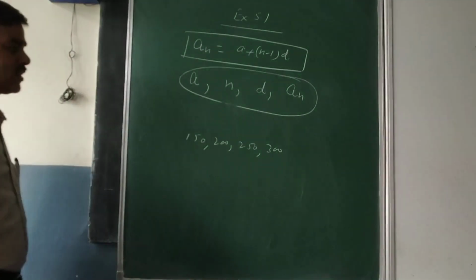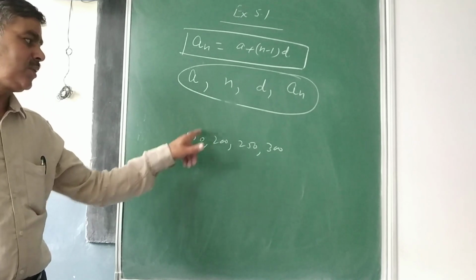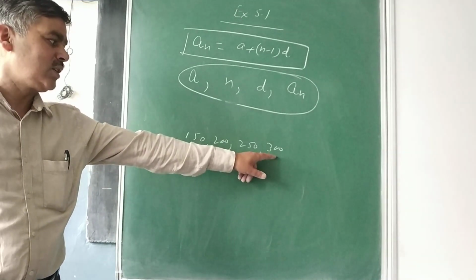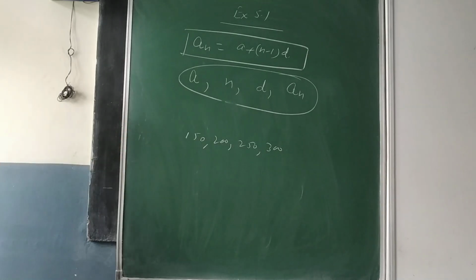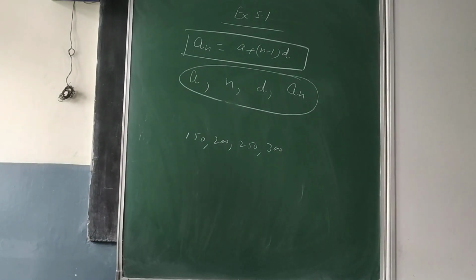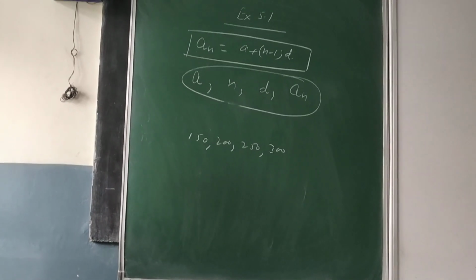Now you can see this is an arithmetic progression. A is 150 plus 50, 200 plus 50, 250 plus 50, 300, so the difference everywhere is 50. So that's why this is an arithmetic progression. And the last part, if you check,